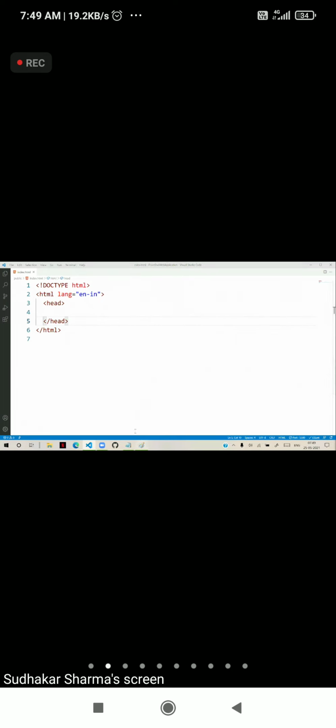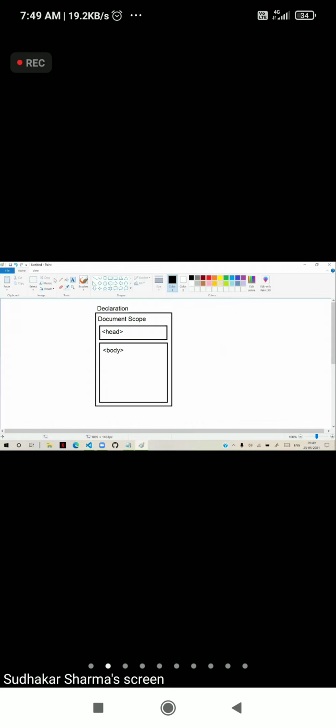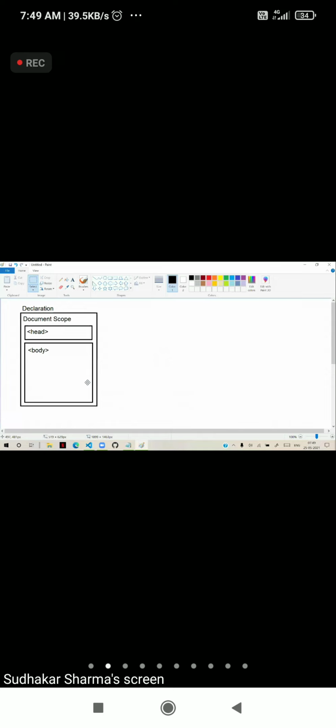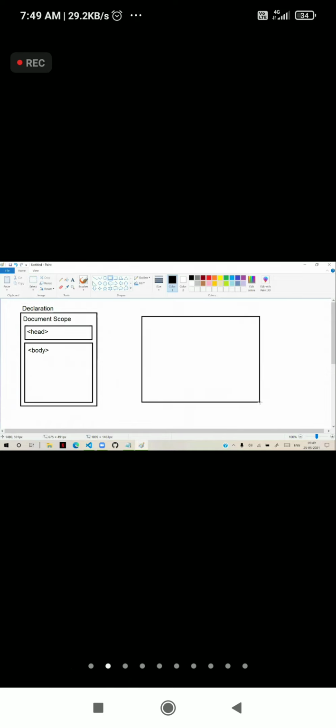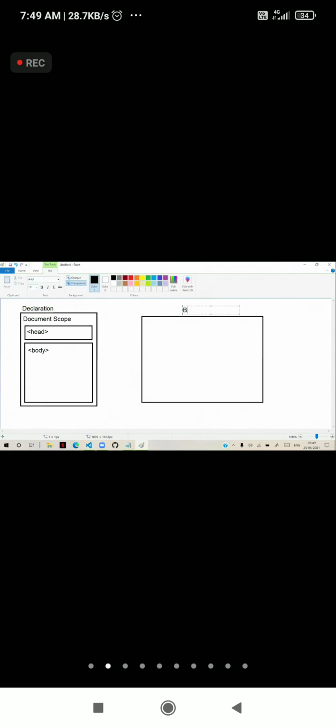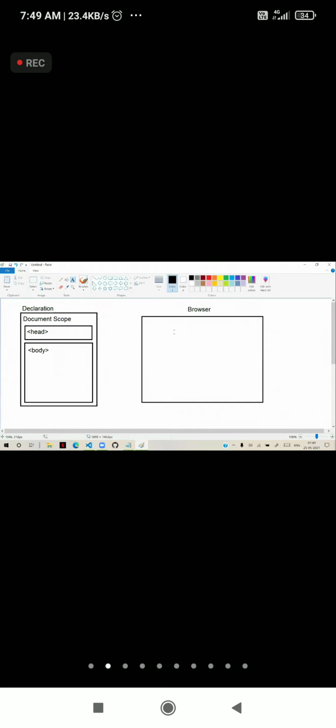Actually, in the browser, you have one more important point to understand. Suppose we have a browser. The browser is allocated with memory, which is actually cache memory.